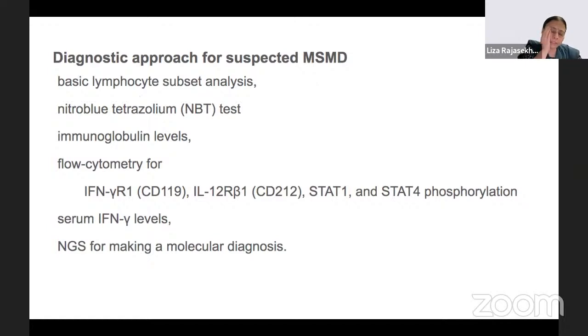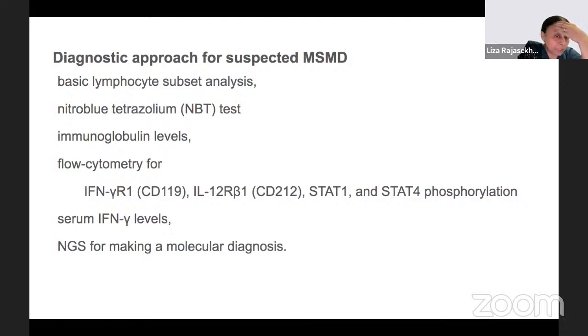So I'm just putting the screening tests here together first. If you suspect MSMD, we did not suspect MSMD here because we hadn't proven any tuberculosis, but we knew that there was an inborn error of immunity here. If you're thinking of MSMD, suppose you have an organism already, knowing that it's a salmonella or low virulence mycobacteria or a non-tuberculous mycobacteria, then apart from the basic lymphocyte subset, the NBT test or the DHR test,